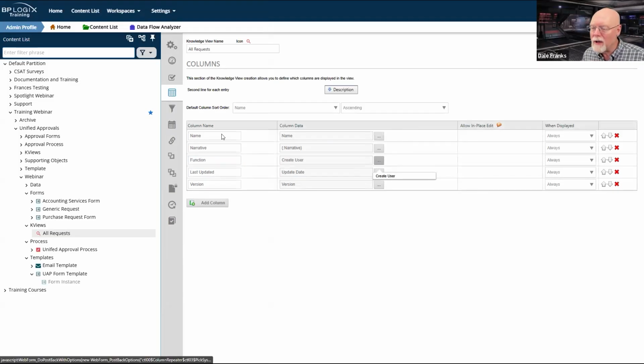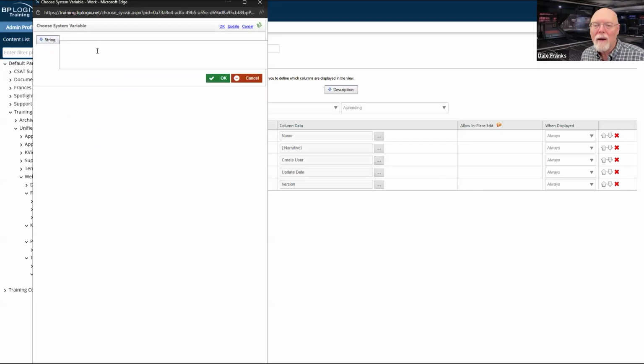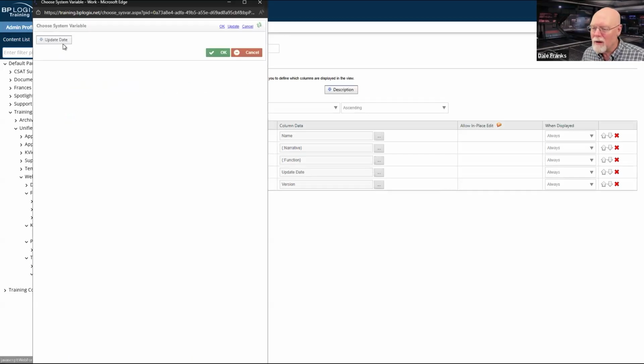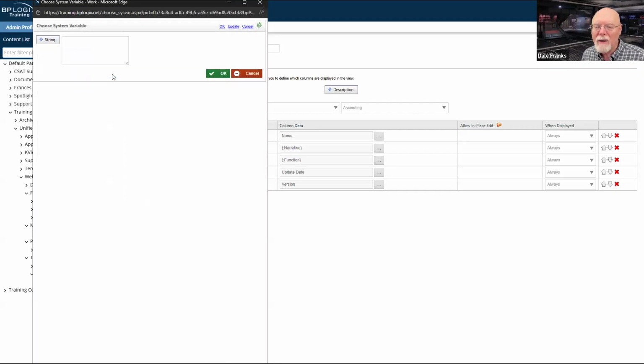So our function, and I'm just throwing in things at random. It could be anything, but the process manager, which I think is in fact process manager. I think that's the field name.